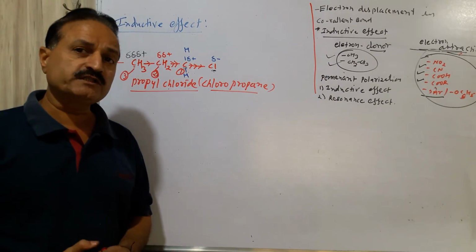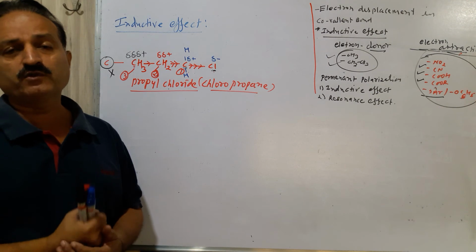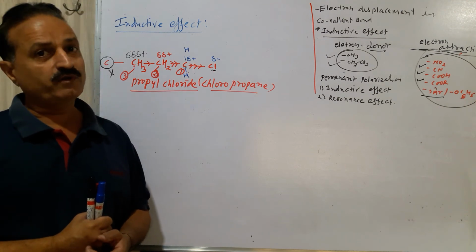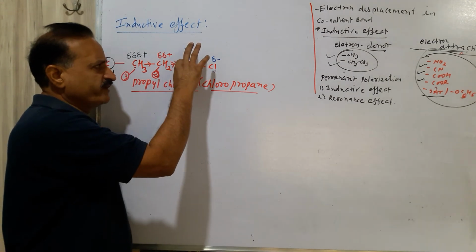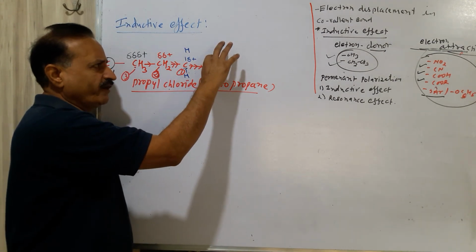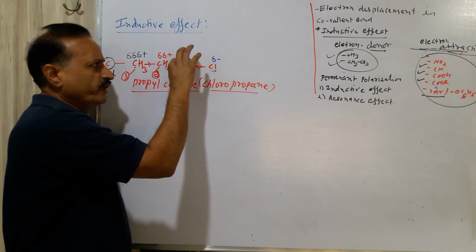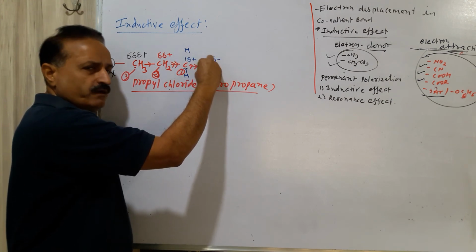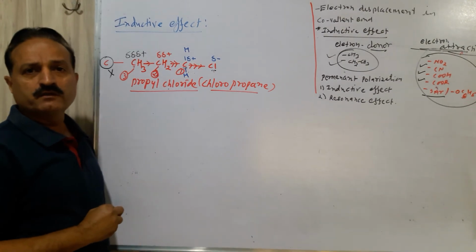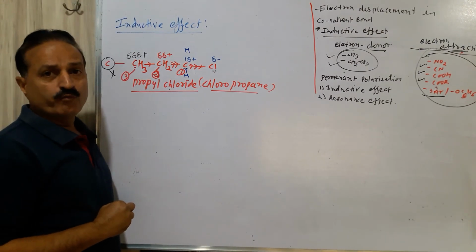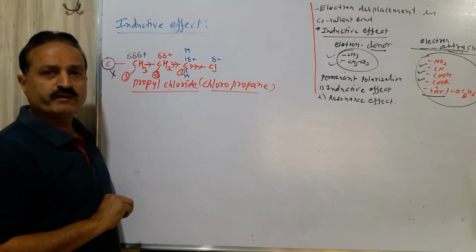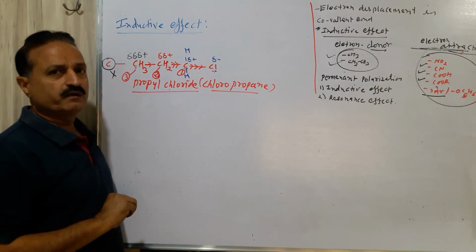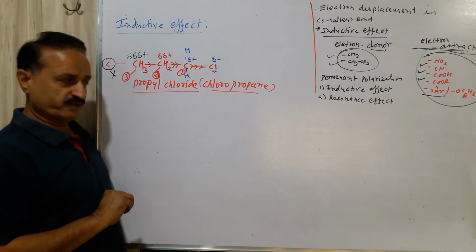Some reactions depend on whether the group is electron donating or electron attractive. Suppose we have carbon and chlorine. Carbon is methyl. Methyl is an electron donating group and halogen is an electron attractive group. So the electron pair of carbon will be dragged toward chlorine. When heterolytic fission is done, both electrons will be taken by chlorine. So chlorine will become total minus and carbon will become total plus.